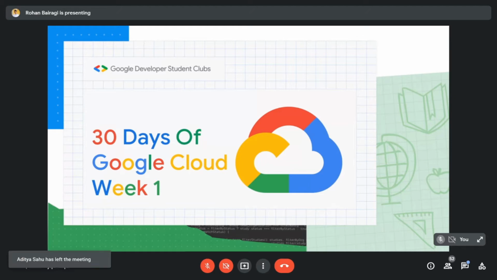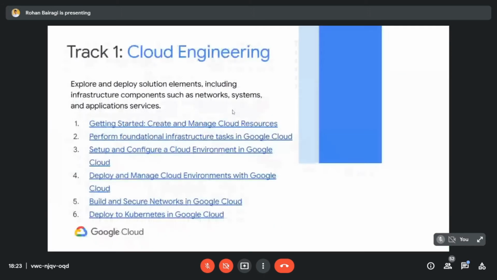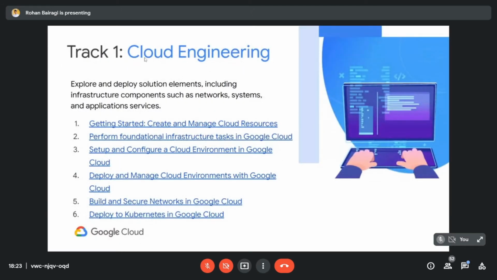Okay, so I welcome you again to this 30 Days of Google Cloud week 1 session. Coming to the presentation, first I will tell you about track 1, that is cloud engineering. This cloud engineering is to explore and deploy solution elements including infrastructure components such as networks, system and application services. Under cloud engineering, you will have 6 quests, and each quest has about 8 to 10 labs.